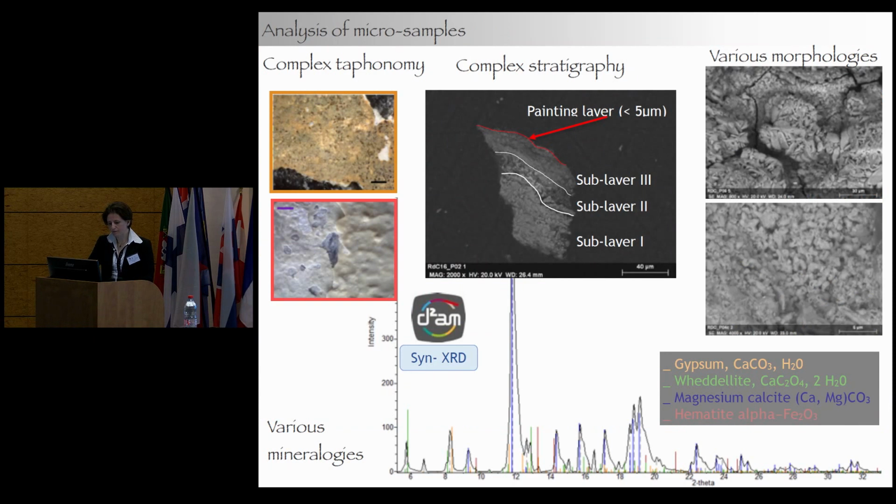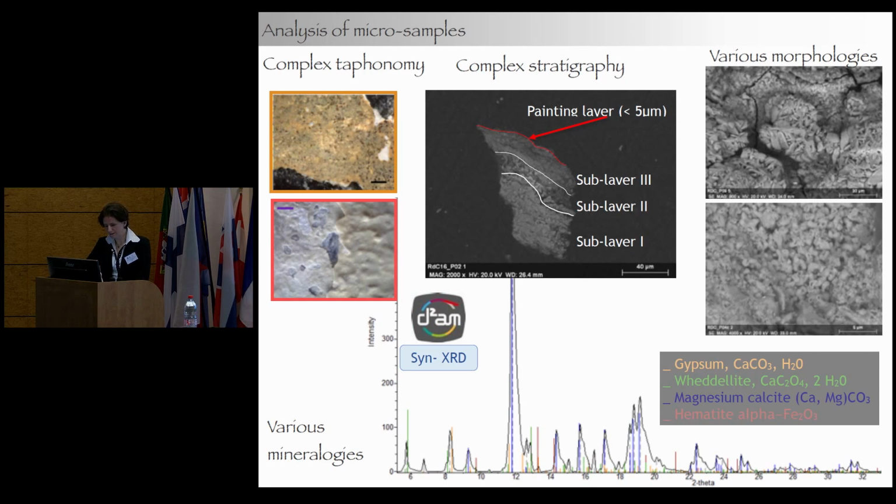So to go further, we need to cross every scale of observation, at large scale and microscopic scale, and also thanks to micro X-ray diffraction, we confirm the presence of calcium oxalate, but also the presence of gypsum. And we find again the hematite with a very